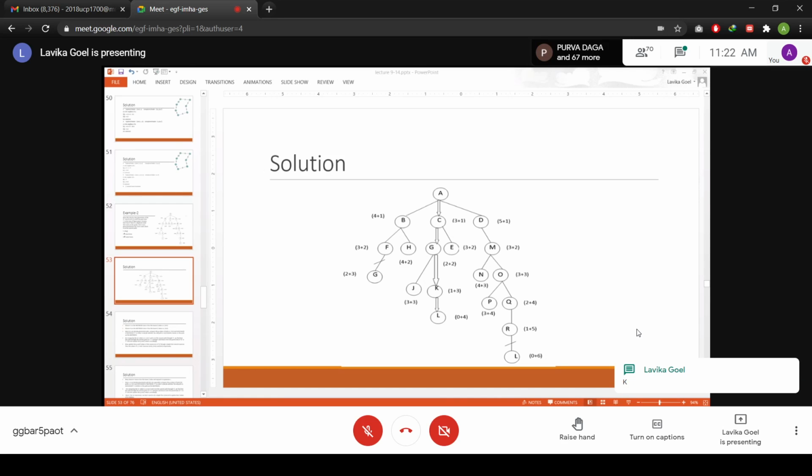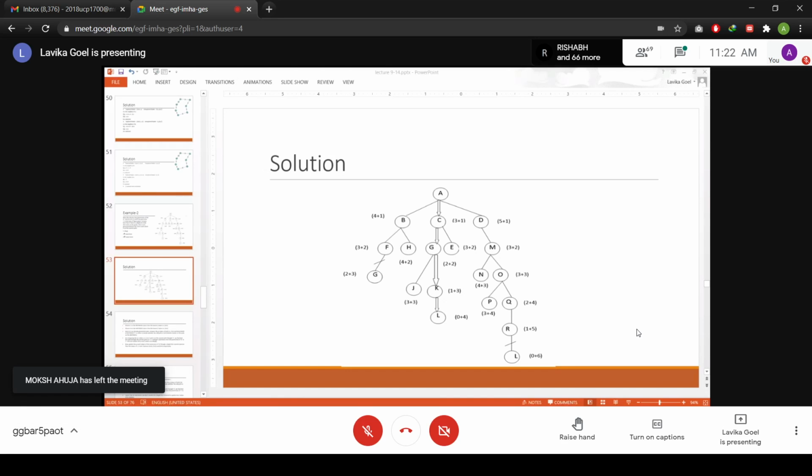Fine. So when you select K for expansion, you get L. Now your open list consists of B, D, E, J and L. Right? So now L has the lowest F value and also it is the goal state, right?